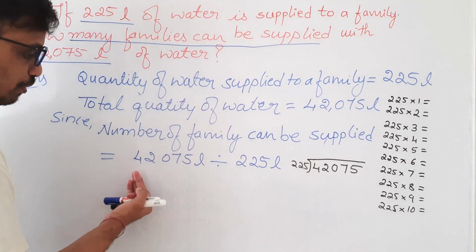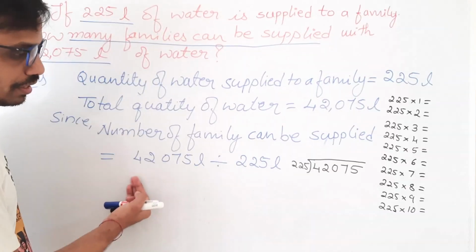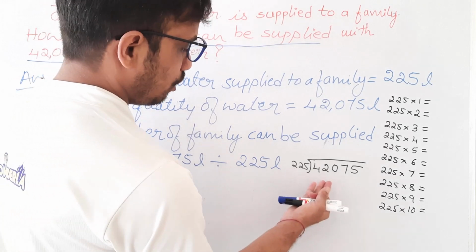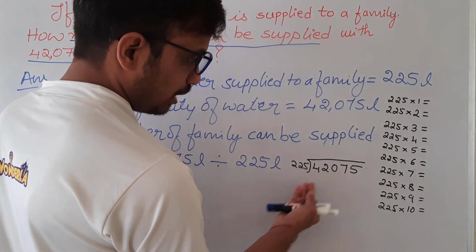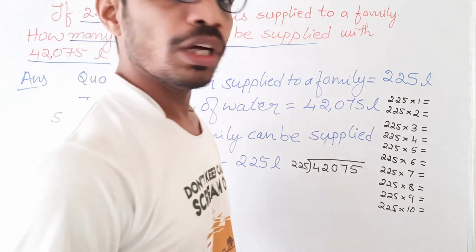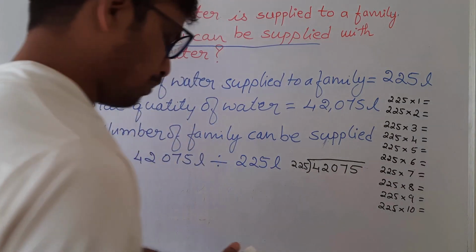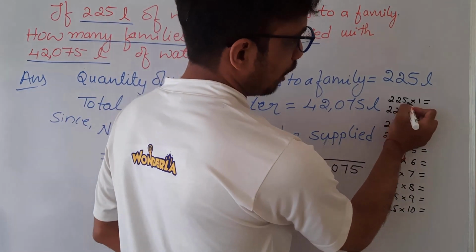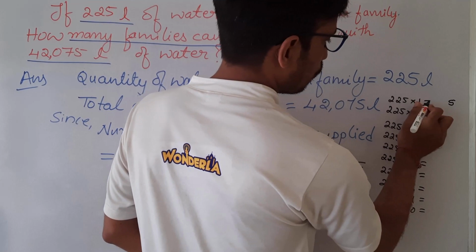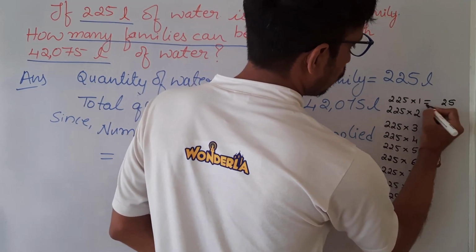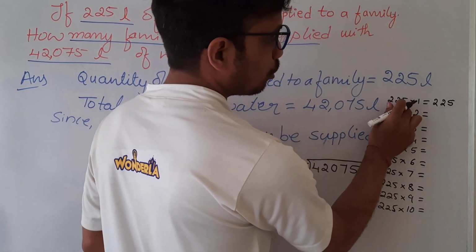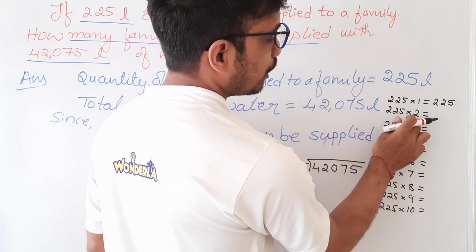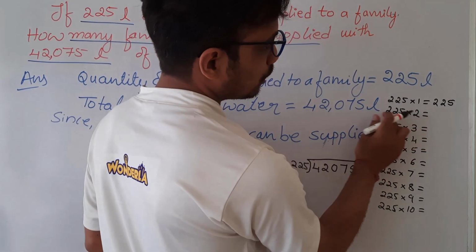The number which comes before the division sign is called the dividend. The number which comes after the division sign is called the divisor. So I wrote these two in the division sign. Now I am going to form the table of 225. How to find it? Just look at this. 1 into 5, 5. 1 into 2, 2. 1 into 2, 2. We started from ones, then we went to tens, then hundreds. Same way we will multiply with 2, starting from the ones place to the highest place.